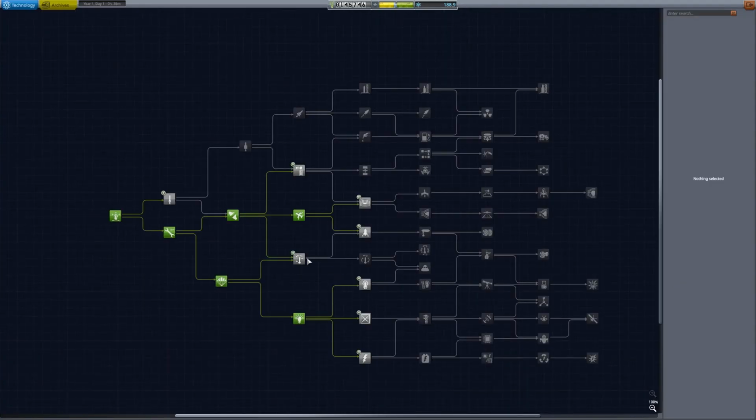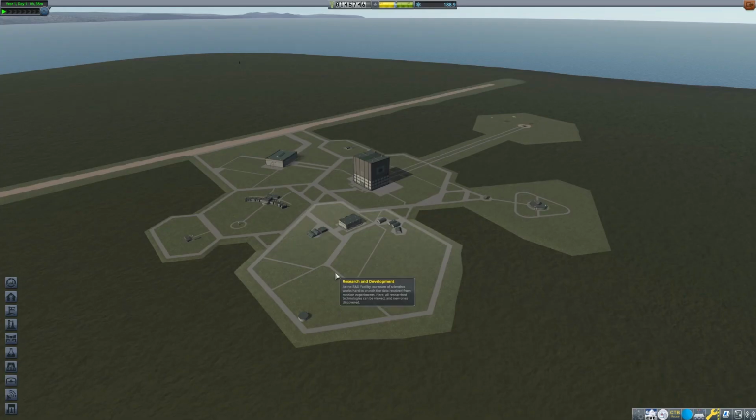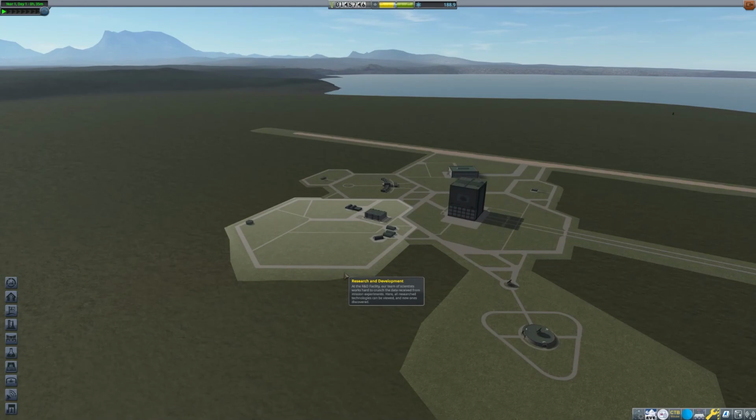Yeah, we have 188 science, so we definitely want to get some of this stuff in here. We want some solar panels before we actually go into orbit and all that. We can actually get parts for a lander. Not really sure exactly what we want to do first, so I am going to give that some thought in between episodes. I will save all of this science for next episode, and that is going to do it